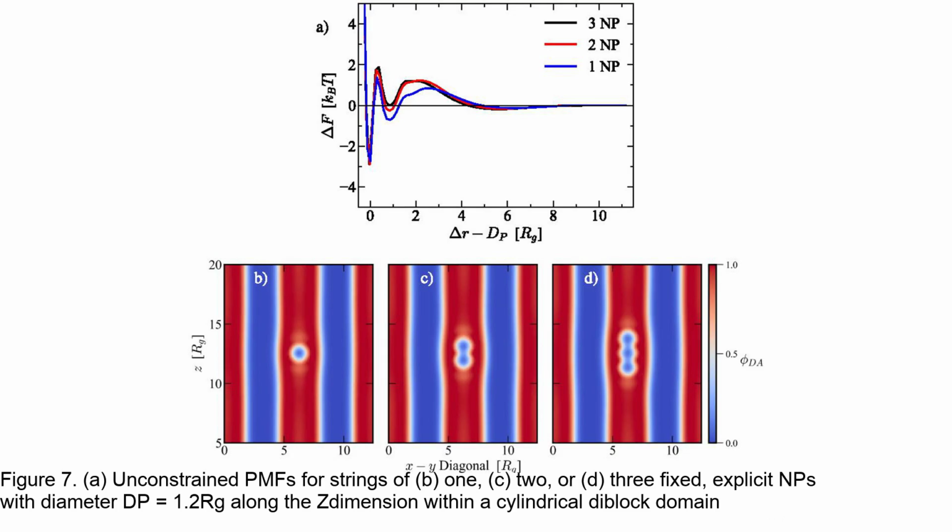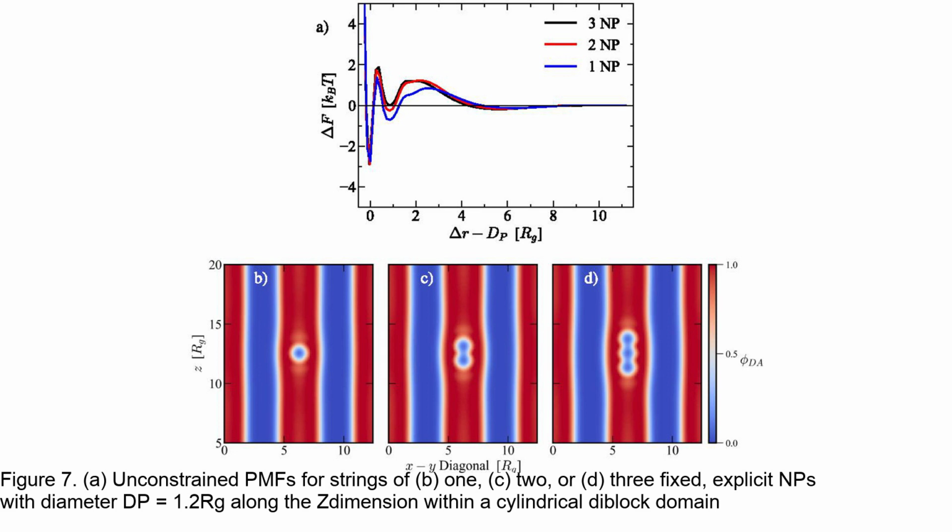Discussion of the unconstrained PMFs for strings of fixed NPs in cylindrical diblock copolymer domains. The PMFs show the effective interaction energy between the particles as a function of the distance between their surfaces. The energy barriers increase slightly with increasing NP chain length, suggesting the possibility of fabricating rod-like NPs using chains of